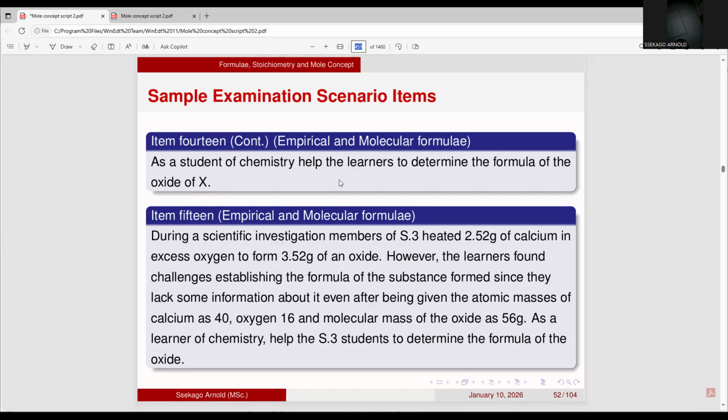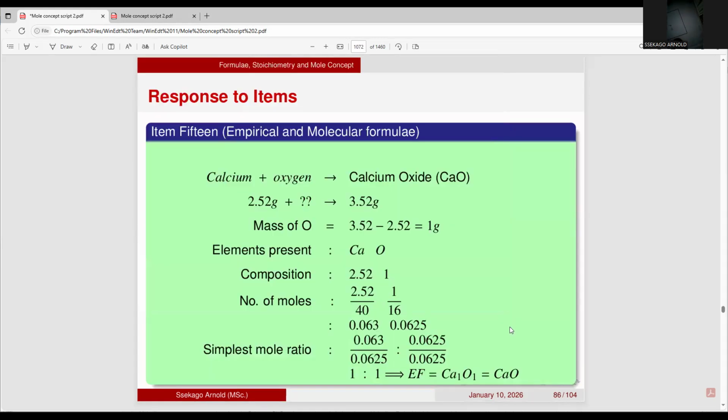Because now here we have molecular mass, so we have to use it. You don't stop there. If you stop there, you will have incomplete scores. Now, how can we determine the molecular formula? To determine the molecular formula,